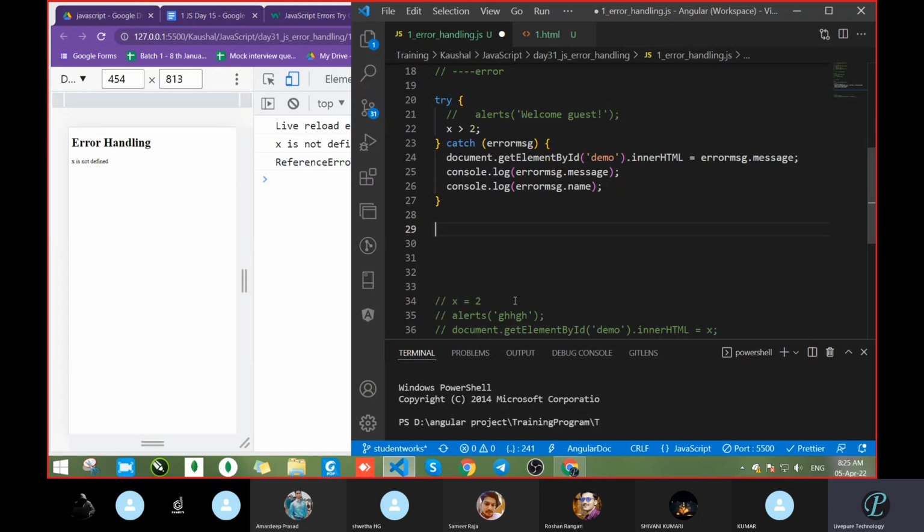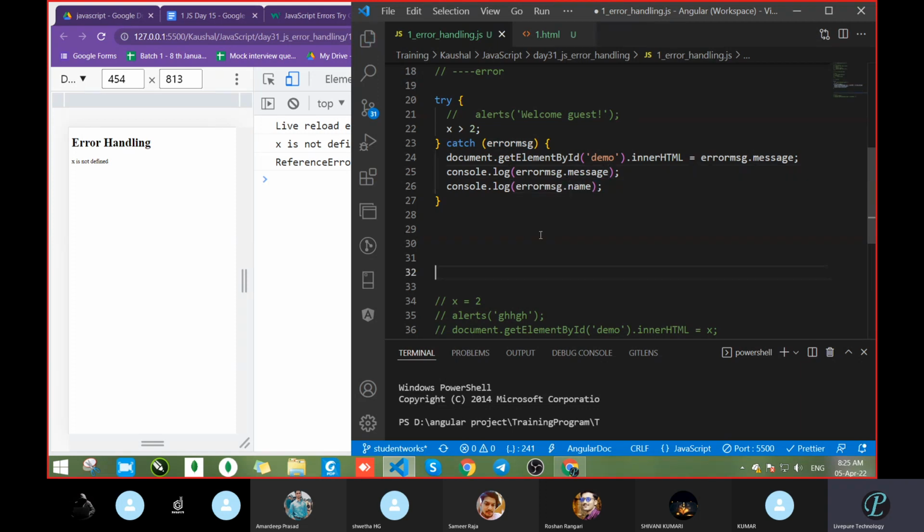So whatever error we are getting in the catch block as an argument, that is like an object. If that is an object and we know it passes two object properties, message and name, that's why we had written dot message. In the first line we had written err, anything we are writing, but the second one will be proper, that is dot message or otherwise name.